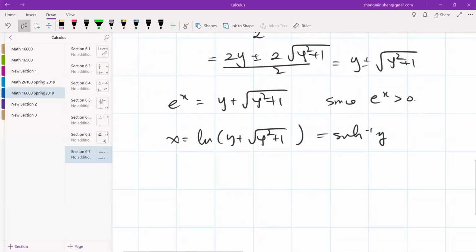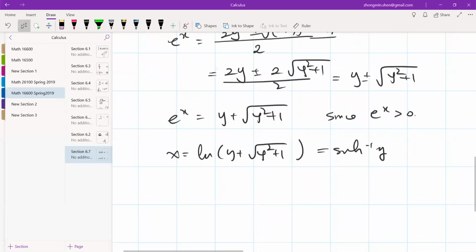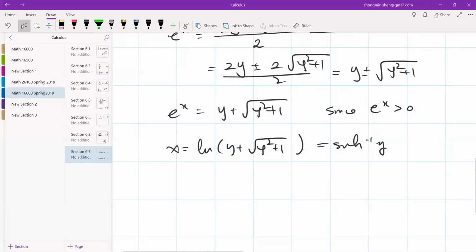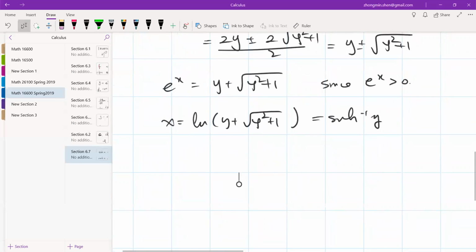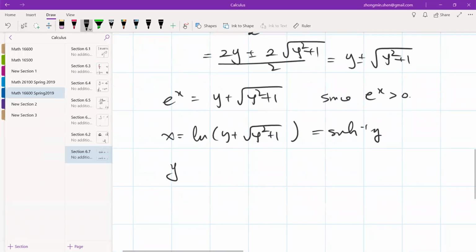So once you get hyperbolic, this is defined for all values of y, right? The domain. So you can even find the derivative of the inverse function. Now, for an exercise, let's look at the hyperbolic sine x. So you get the inverse hyperbolic sine of x is going to be the natural log of